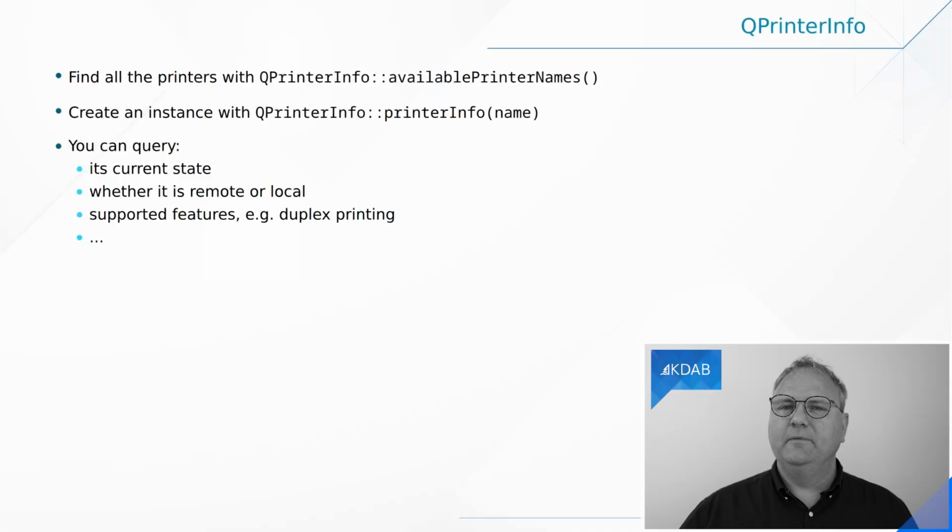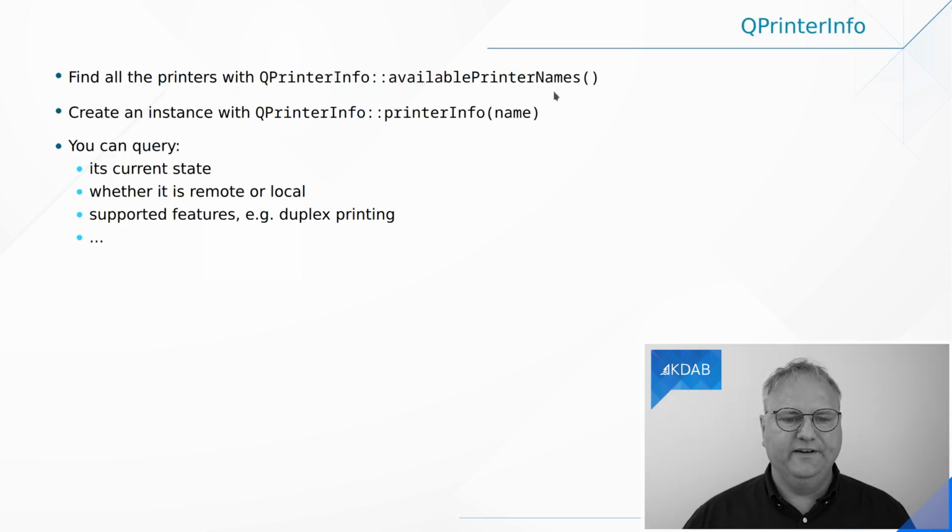Okay, that was printing with a QPrinter and asking for information about which printer to print to using the QPrintDialog. But some applications, and yours will of course be included in that set, also have support for print preview. That's the next part that we'll be talking about. Before we get there though, let me just point you to a class called QPrinterInfo, which will give you information about the printers available to your system.